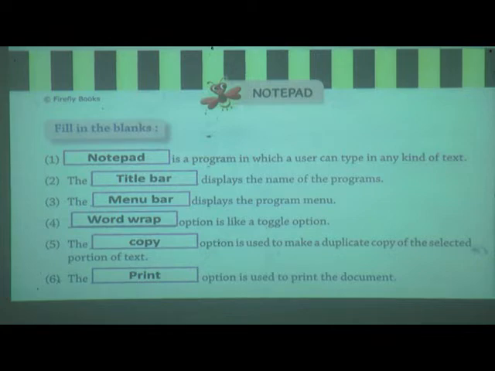Fourth one, word wrap option is like a toggle option. The copy option is used to make a duplicate copy of the selected portion of text. The print option is used to print the document.